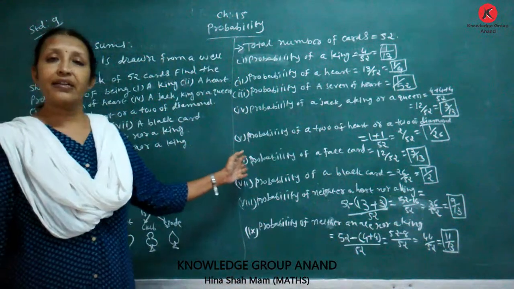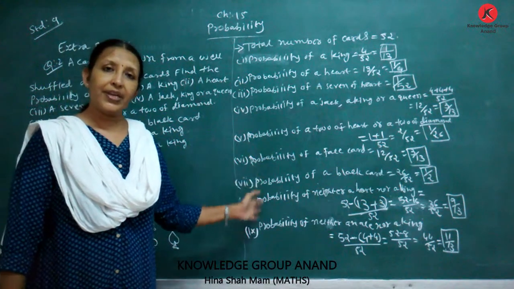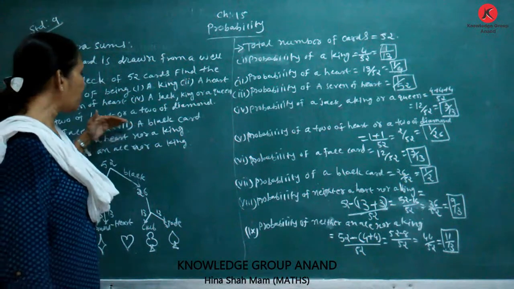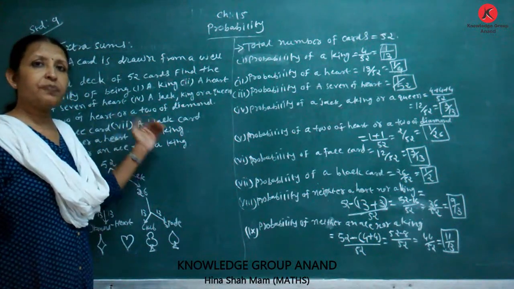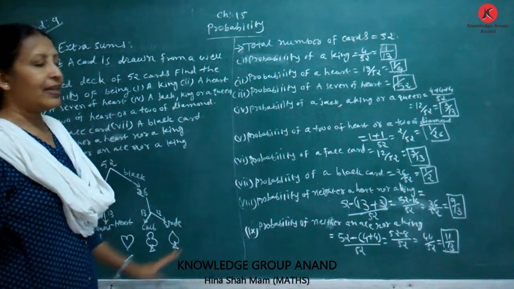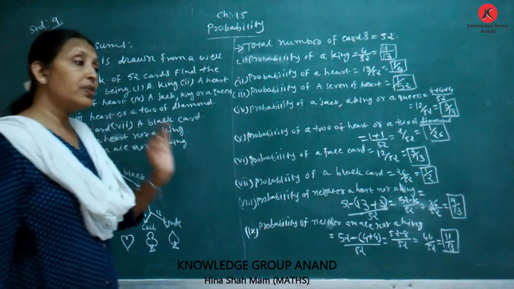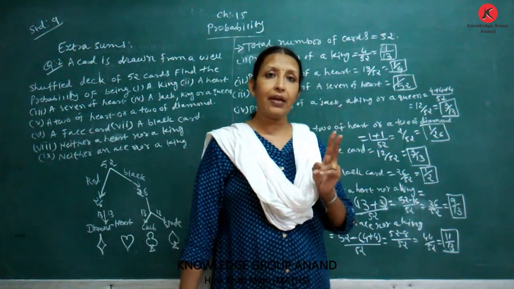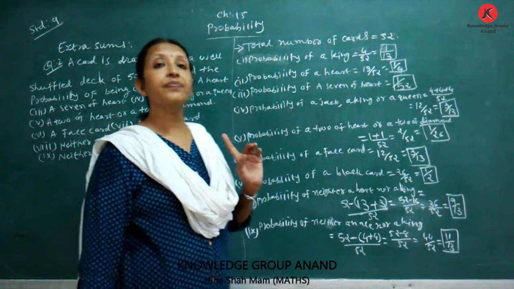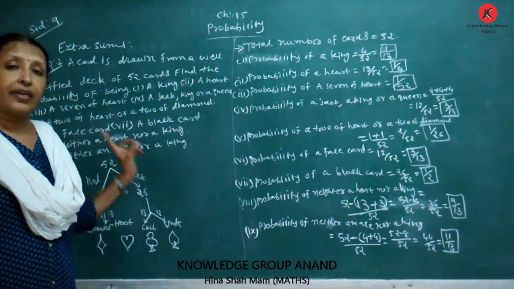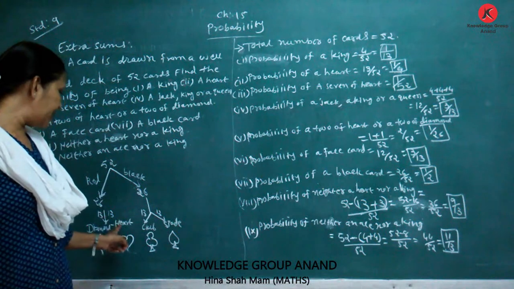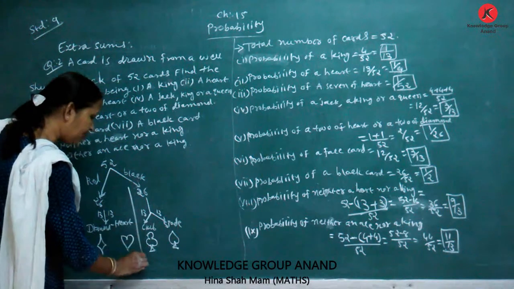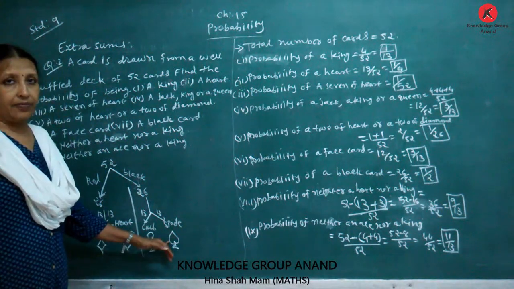This is our standard 10th question. Probability. But here you have been given not 9 events but 3 events or 4 events, then you find like this. First, you know a deck of 52 cards has 26 black and 26 red. In red color, 13 cards are diamond and 13 cards are heart. In black color, 13 are club and 13 are spade.